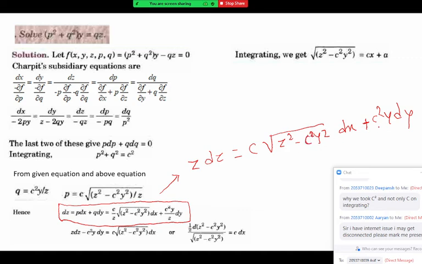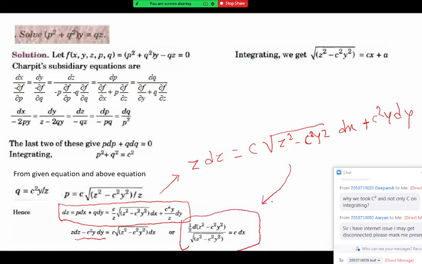Now you can observe here. First thing, you cannot integrate it. Z dz integration is possible. Integration of z dz is z square by 2. Integration of c square y dy, that is also possible, c square y square by 2. But you cannot integrate this term, because the coefficient of dx should be a function of x only, and for that we have to convert it into variable separable form. You should take z dz minus c squared y dy on one side like this. Okay, z dz minus, and this term is on the RHS. Now to remove this term, we divide on both sides, or you can cross multiply and you will get this term there.